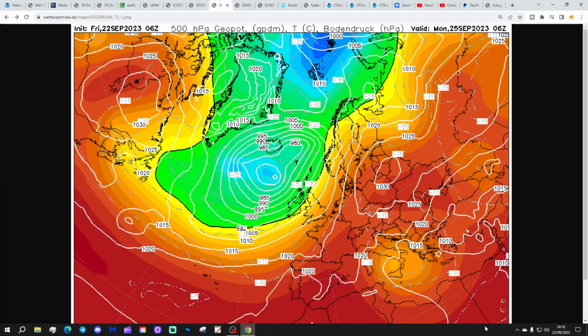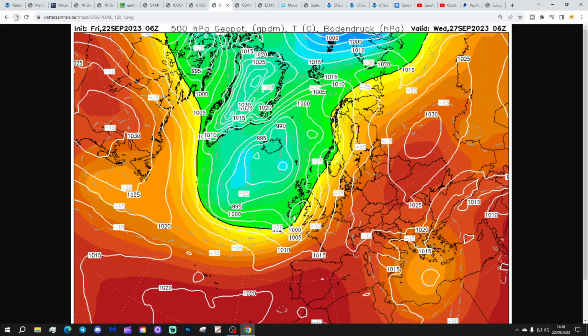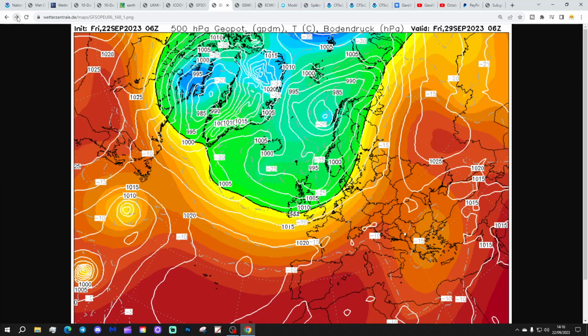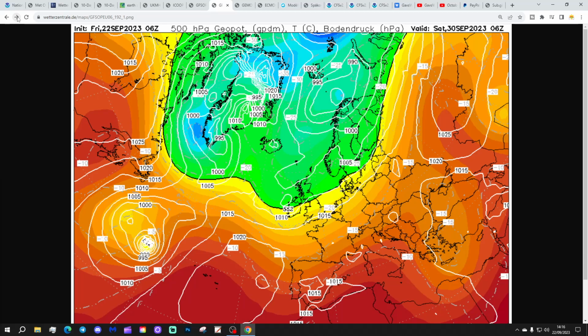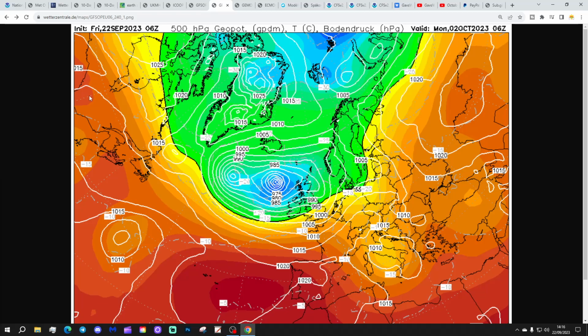The GFS 6Z run looks like this, again with the remains of Nigel out to the west of Scotland at midnight on Monday, bringing wet and windy but rather mild weather across the country through Sunday to Monday. Into next week, further areas of low pressure drive in from off the Atlantic, bringing spells of rain and strong winds as well. Heading into the second half of next week, we keep it rather cool and showery once again. Moving towards day 10, yes, we keep the unsettled weather going, and instead of what the midnight GFS run is doing,